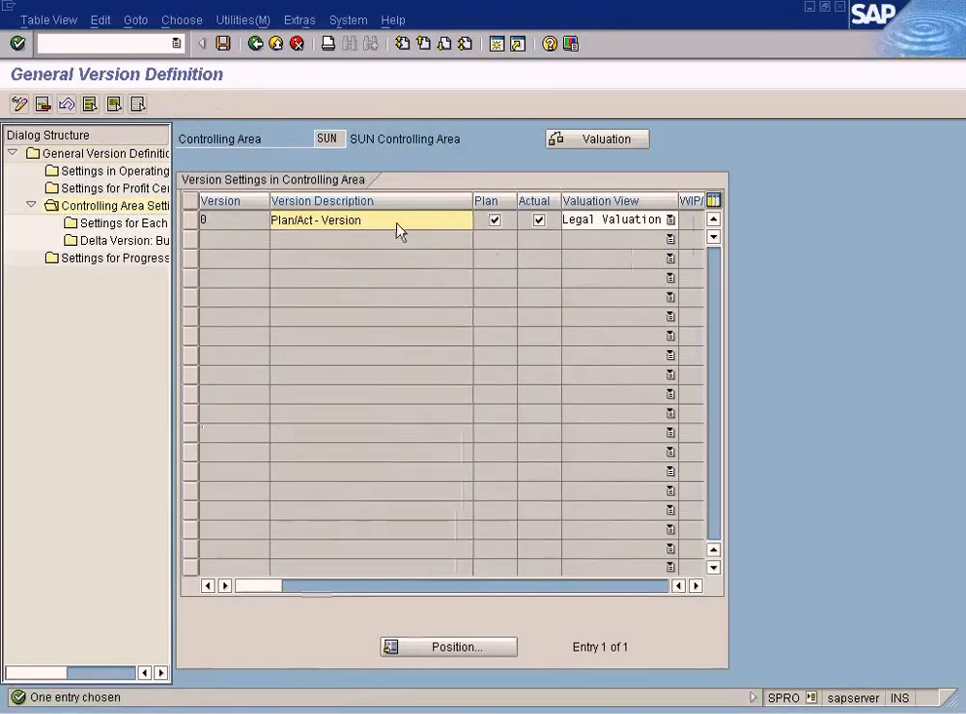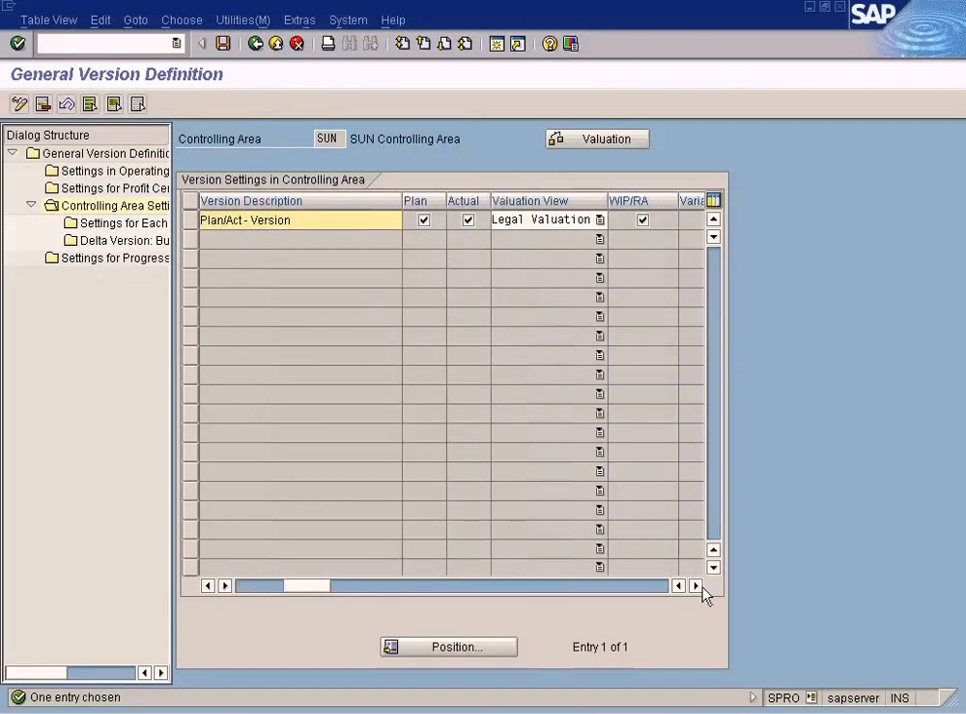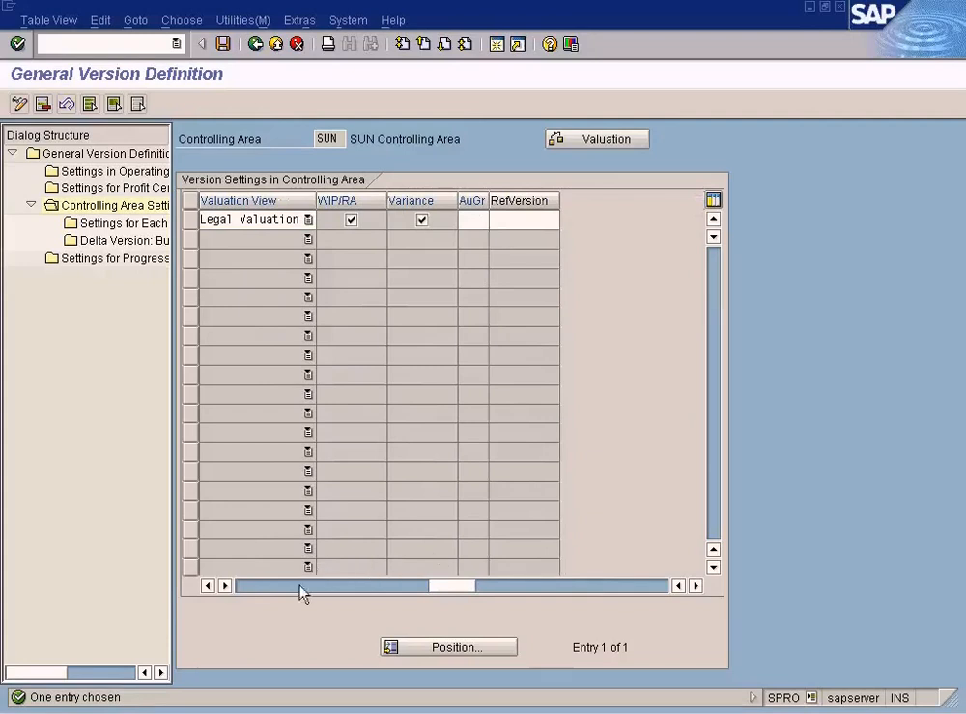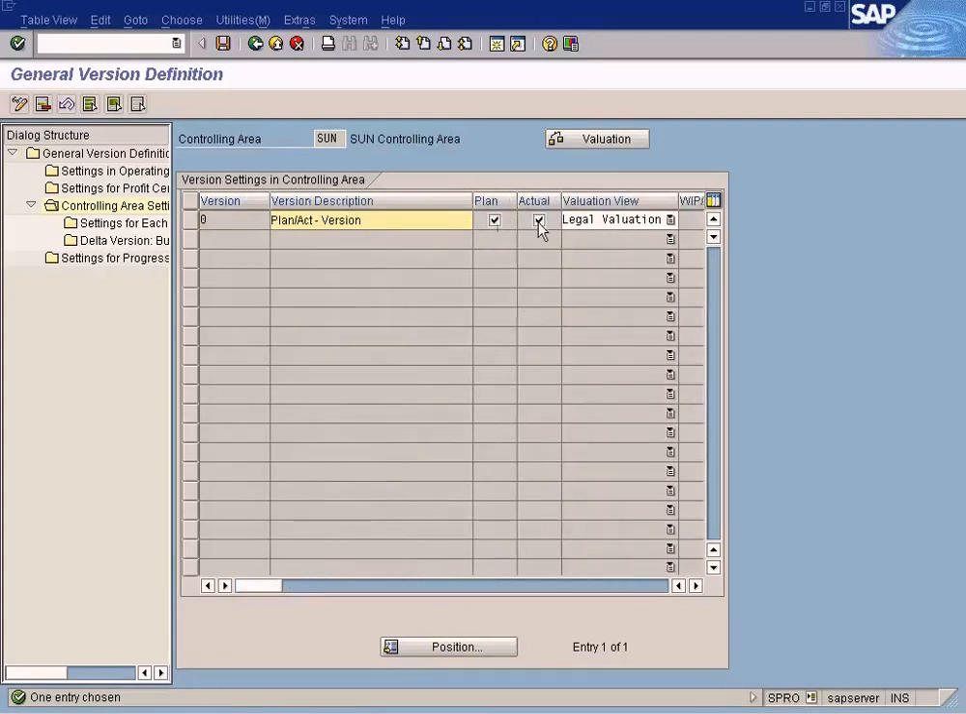Alright, then you can check these two buttons here. These are the most important buttons. You can ignore the others. Okay, these two buttons, if you check this, this means that you can enter plan data into this version. What it means is, let me go here,